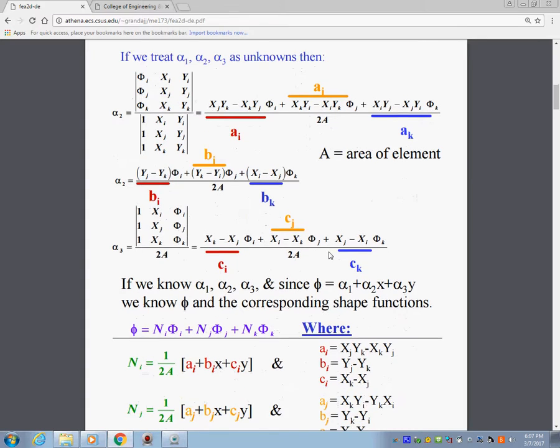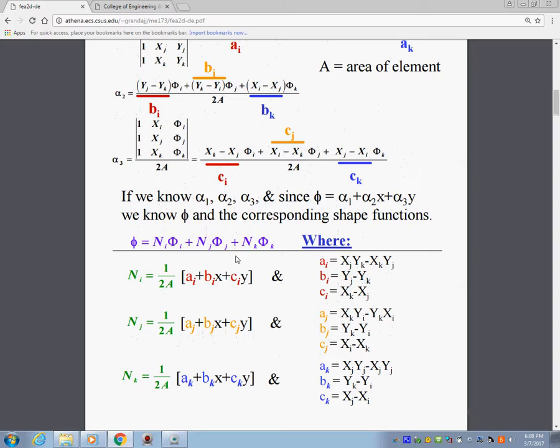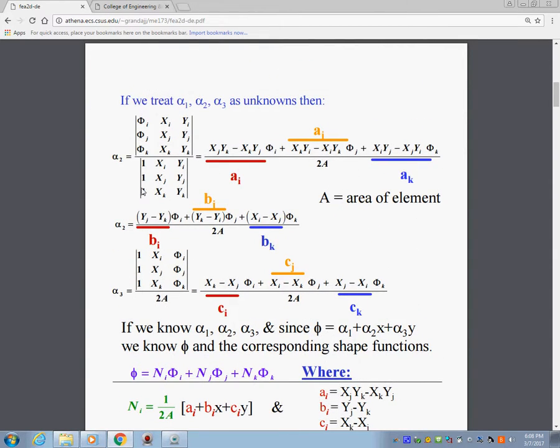We learned in one dimension, if you put the solution in terms of the nodal values and the shape functions, it is obvious to conclude that these factors would be the shape functions. So if we summarize this operation over here, this is alpha 1, by the way, alpha 1, alpha 2, and alpha 3,